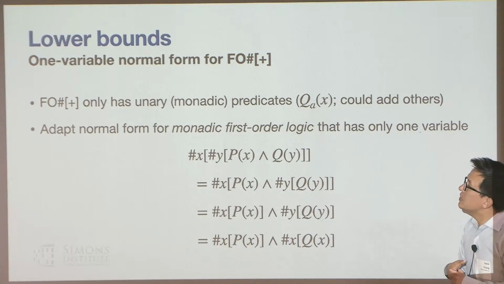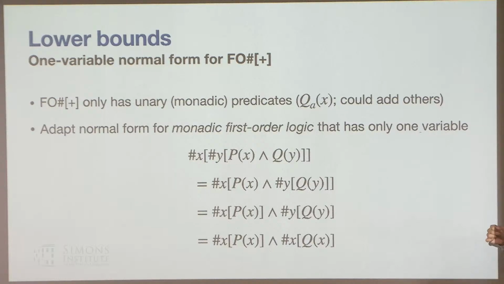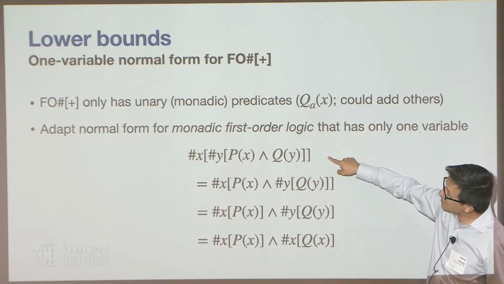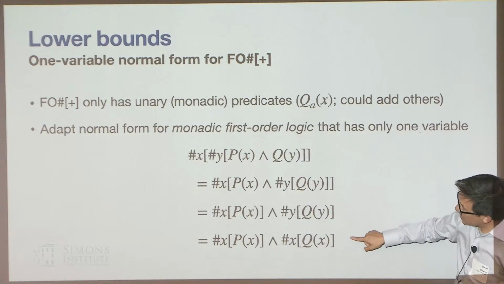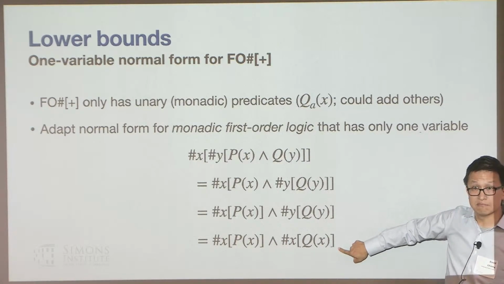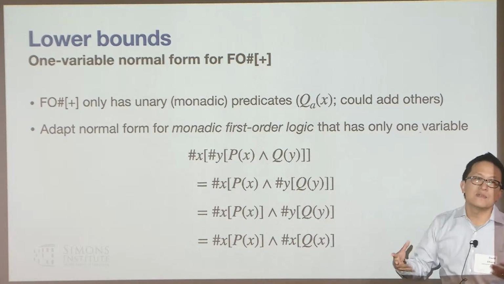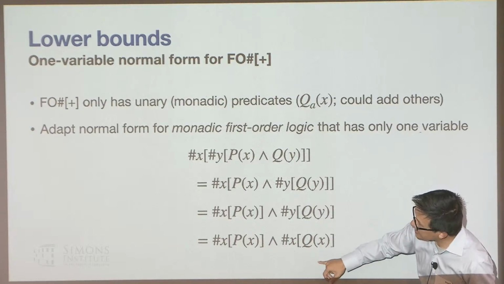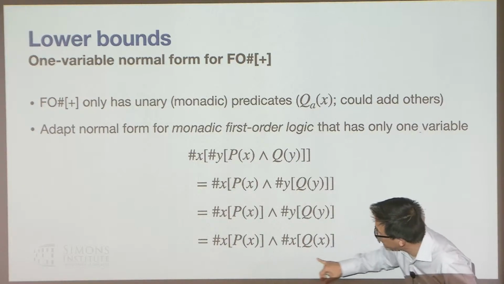Okay, so if we do some analogous kind of transformation on this logic, which is shown here, we started off with the formula of FO sharp plus, and then after some transformations that preserve its meaning, you end up with a formula that has just one variable. Okay, and then now that we've just got one variable, we make that into this implicit time variable. So then I guess the last step would be, well, let's just change this into sharp P and sharp Q.